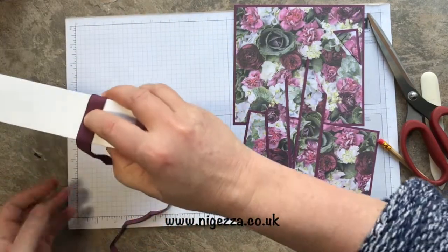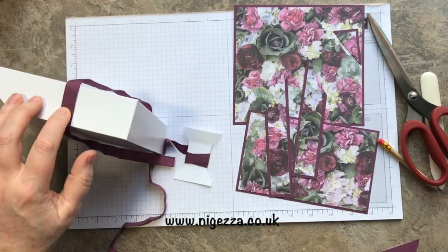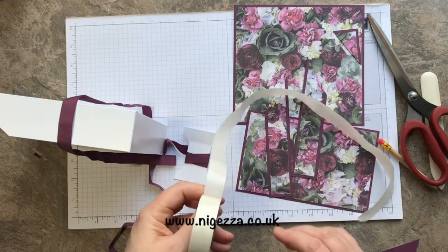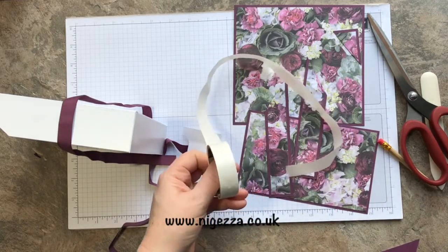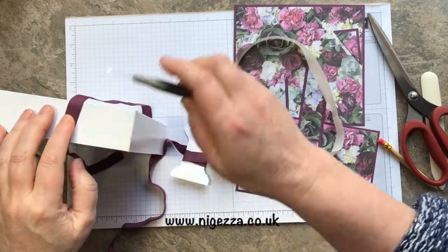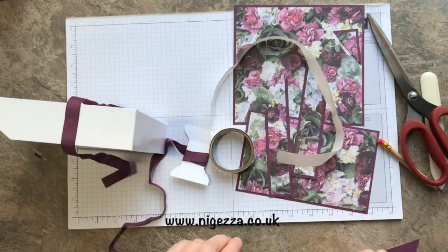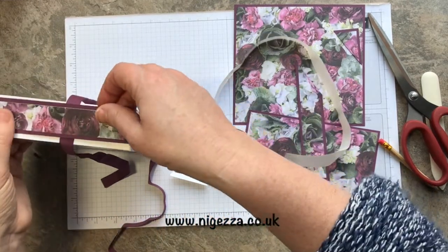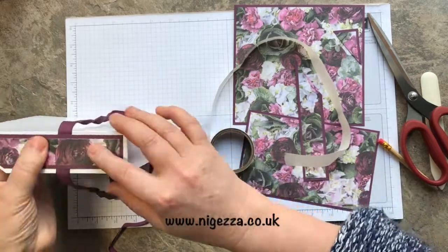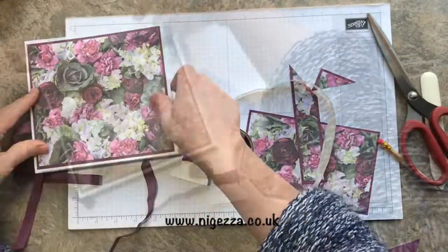and if I decide where I want it, about there, so we'll have a little glue dot to hold that in place on the side there. Ready to glue that side bit on over the top of it so it's caught underneath. And then I'm going to stick the back bit on, and then as I get more